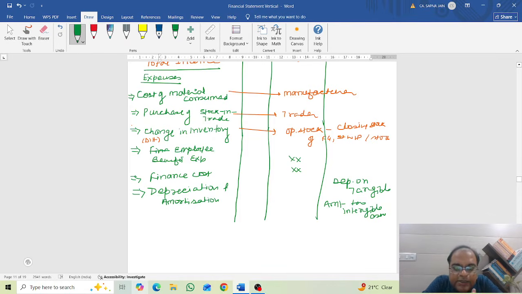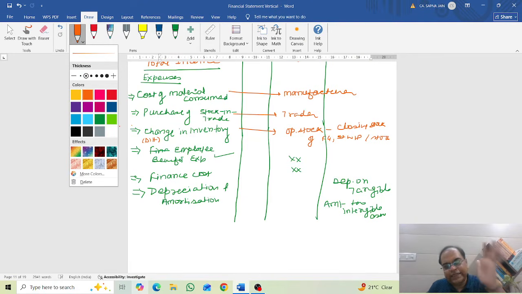Number third is change in inventory, or the difference in inventory: the change in opening stock minus closing stock of finished goods and WIP stock. Number fourth item is the employee benefit expenses. So employee benefit expenses include